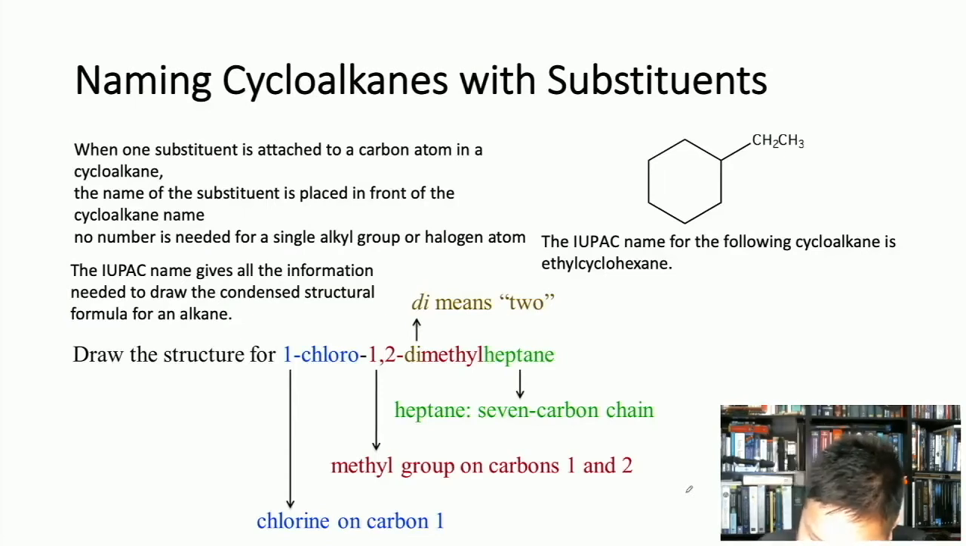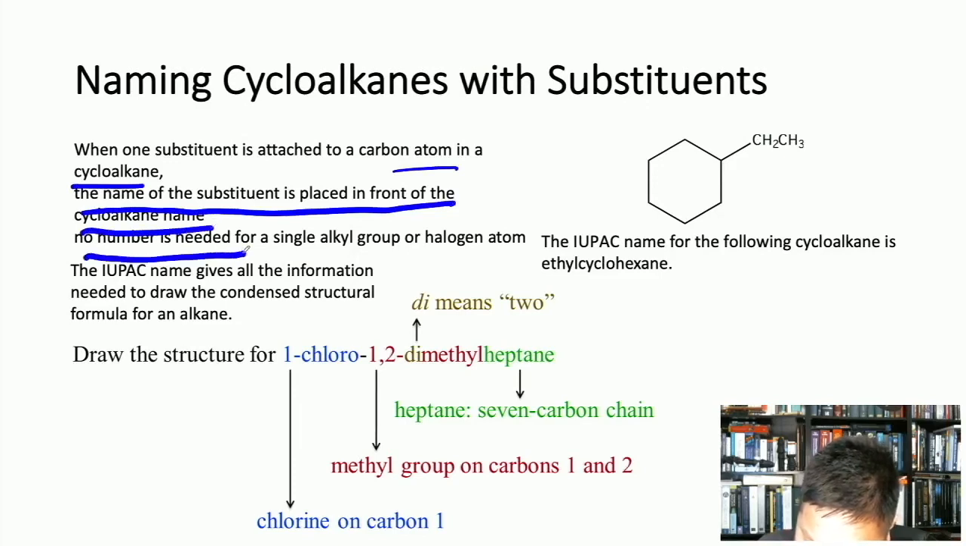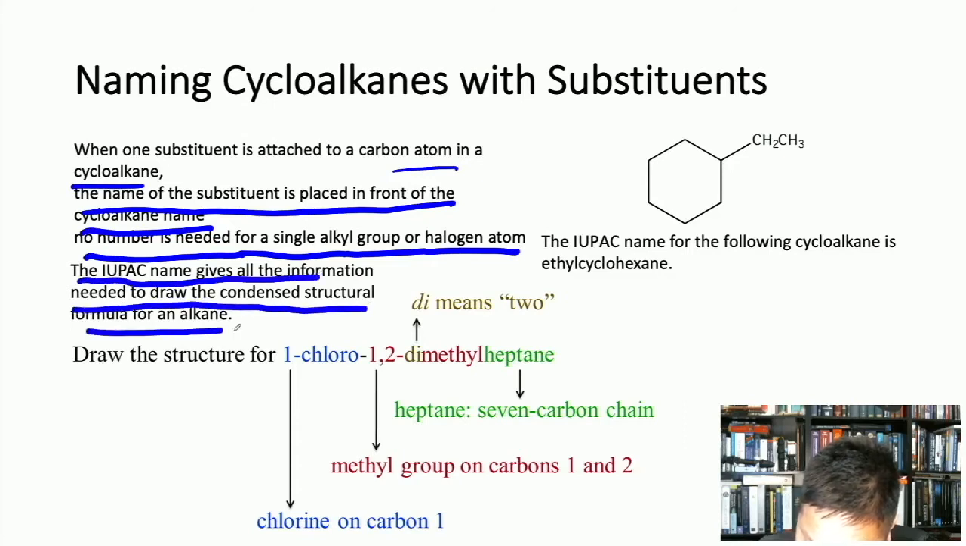So let's talk about naming some cycloalkanes with their substituents, right? So when one substituent is attached to a carbon atom in a cycloalkane, the name of the substituent is placed in front of the alkane's name. No number is needed for a single alkyl group or halogen item, right? The IUPAC name gives all the information needed to draw the condensed structural formula for an alkane. So here, let's use this as an example. We have a cyclohexane because it's a hexane, 6 carbons, and it's in cyclic form, so that's why it's cyclohexane, right? And it has a substituent connected to it, which is the ethyl group, right? And according to these rules, the substituent is placed first in front of the alkane name. And that's why you come up with ethyl, right? Remember from the previous slide, ethyl,